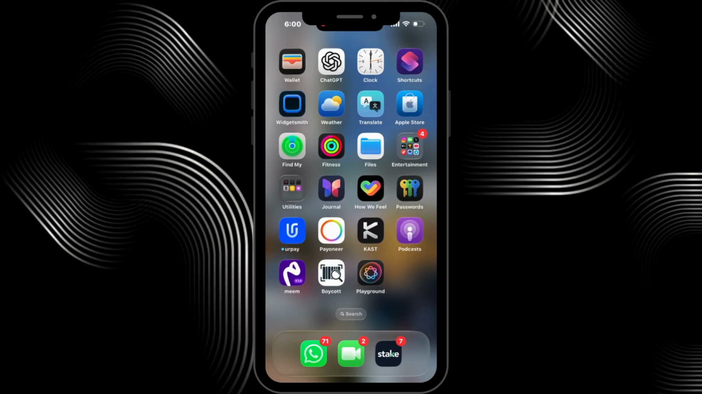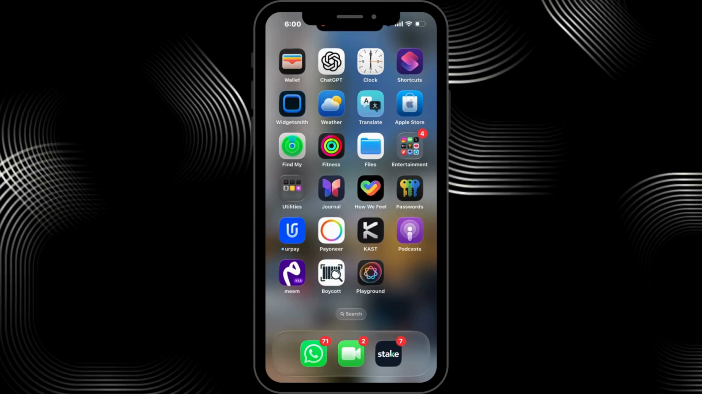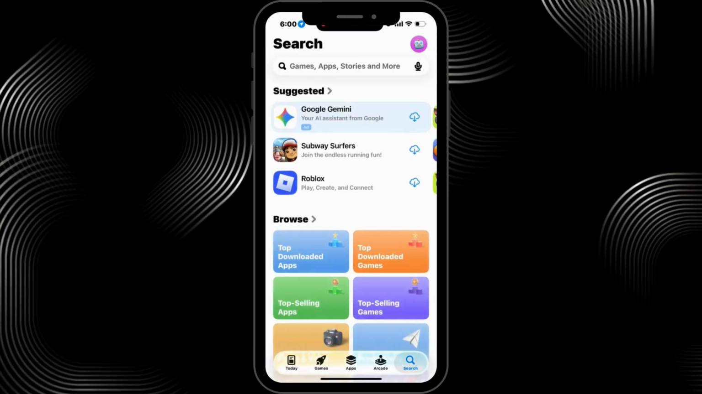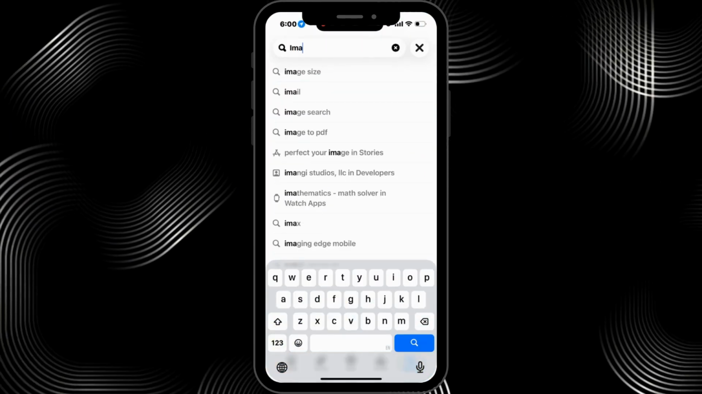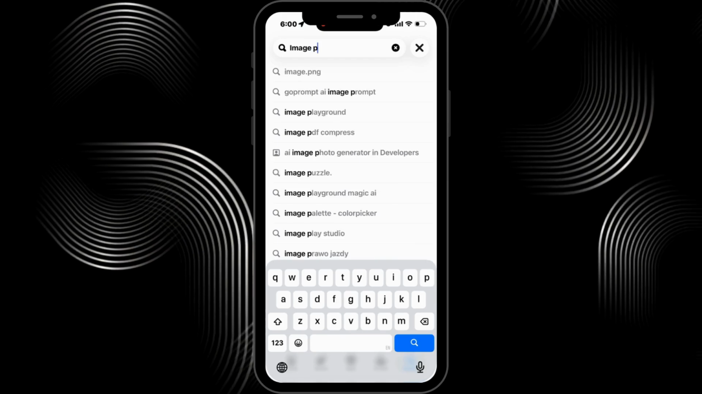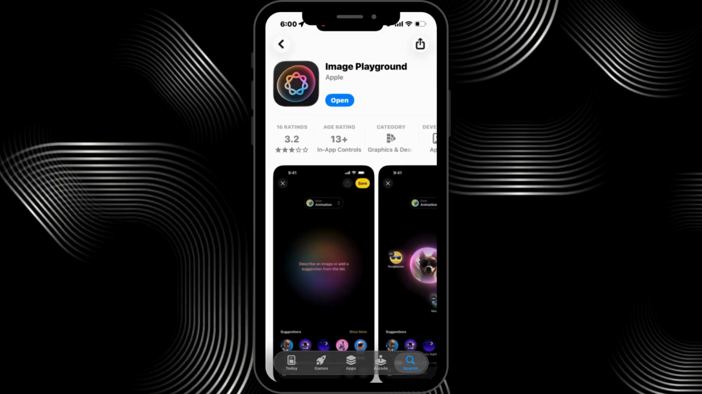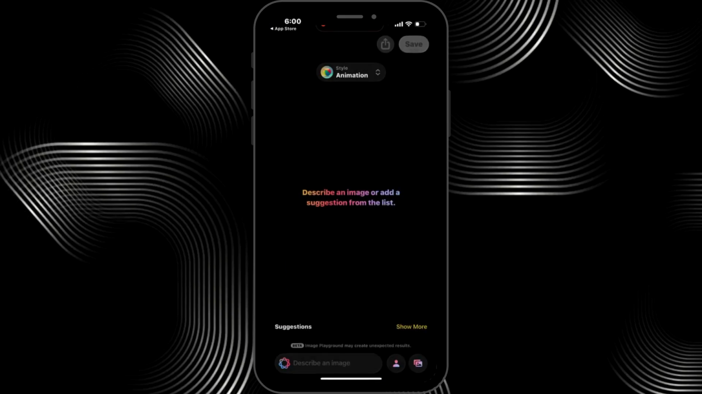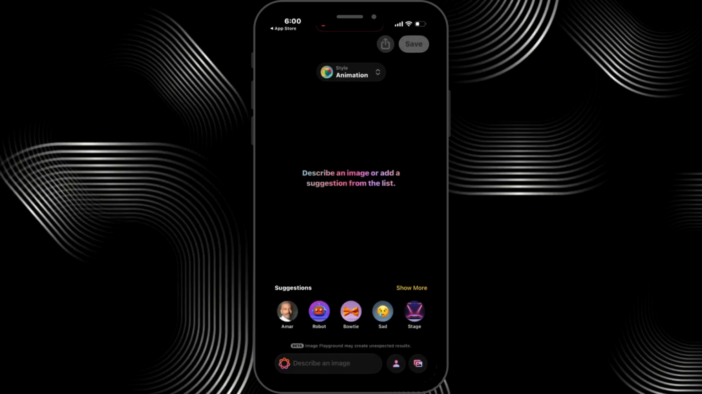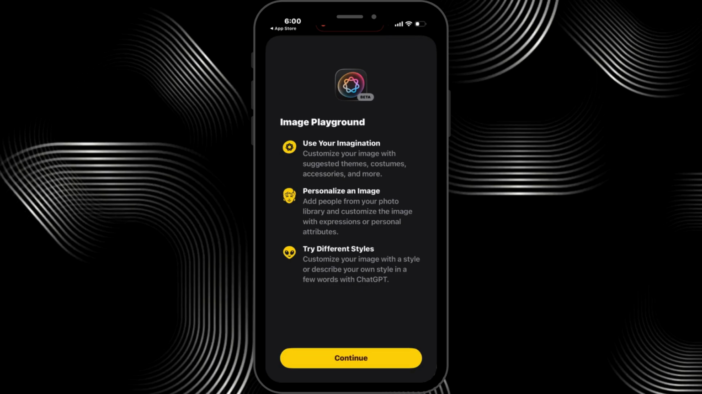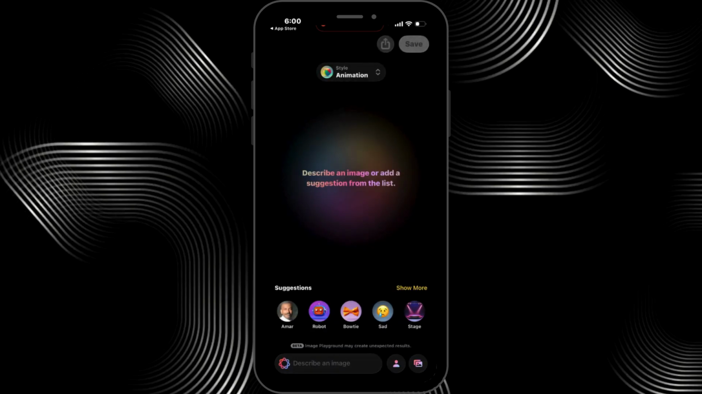I'm going to guide you through how to use Image Playground to generate AI avatars. So first of all, go ahead to your App Store, Google Play, and type Image Playground and download it from your App Store. Next, open it up, right? And Image Playground allows you to quickly generate AI avatars by combining text prompts with existing photos or generic people